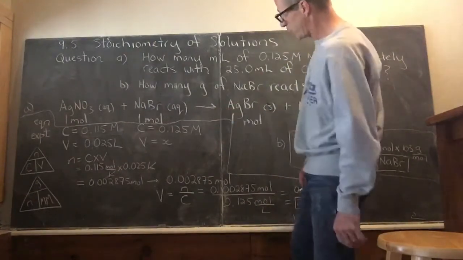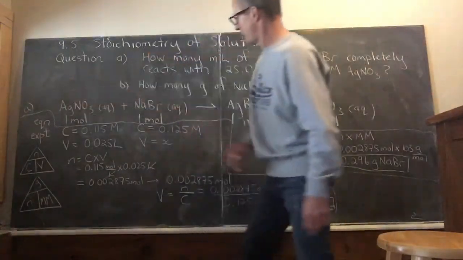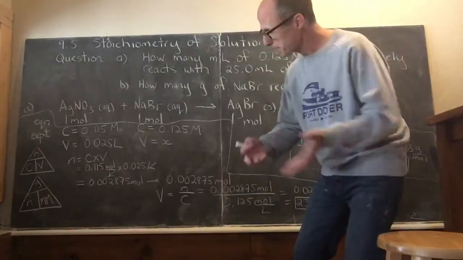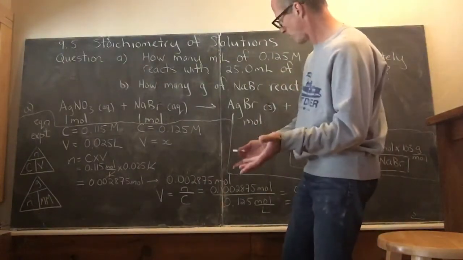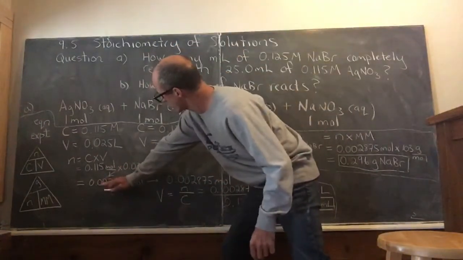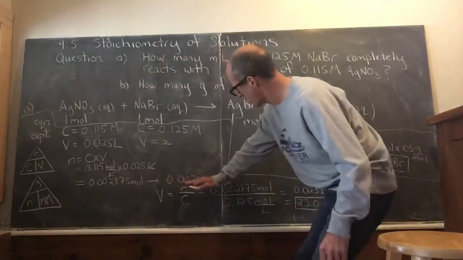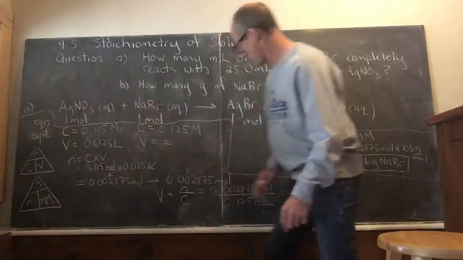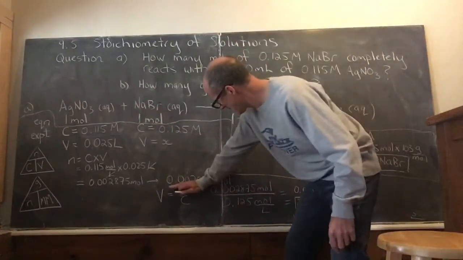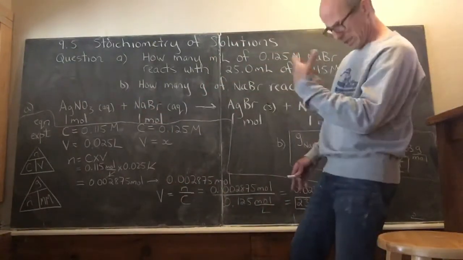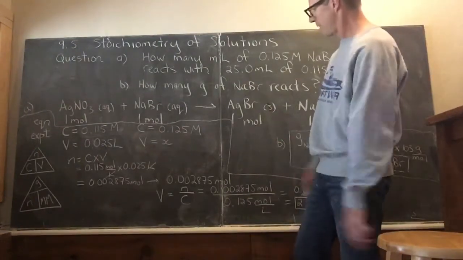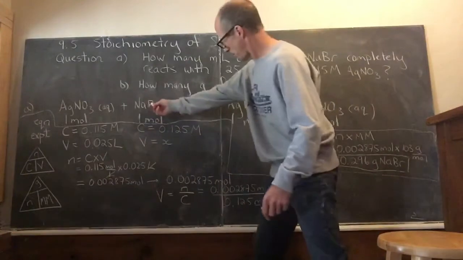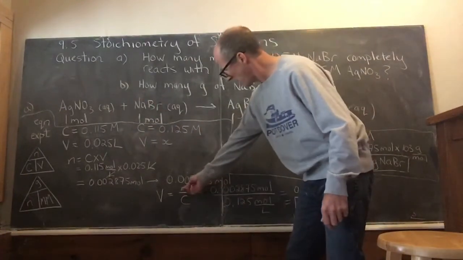This question is nice because these reactants react in a ratio of 1 to 1. There is no coefficient to deal with. It's just a 1 to 1 ratio. So the moles of the silver nitrate in this case are identical to the moles of sodium bromide. That's why I wrote that down here. And we get to use our mole triangle again, this time to find the volume of the NaBr, because we now have moles